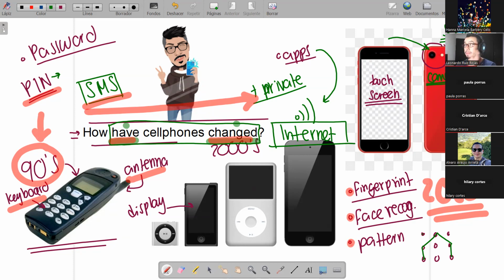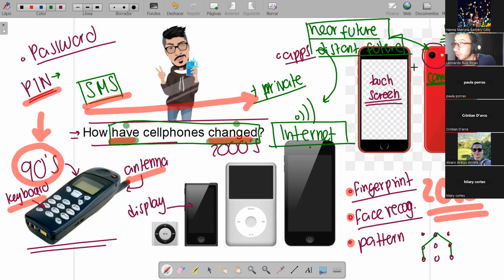Intelligent cell phone. It's a possibility now with the ChatGPT. It's a possibility that you just talk to your cell phone and your cell phone has already its own intelligence. No, it's another possibility that will happen in the future, in the near future. What is the meaning of the near future? Near future, futuro cercano, and distant future. Futuro distante. Of course, it's the opposite, no? Futuro cercano y futuro lejano, right?